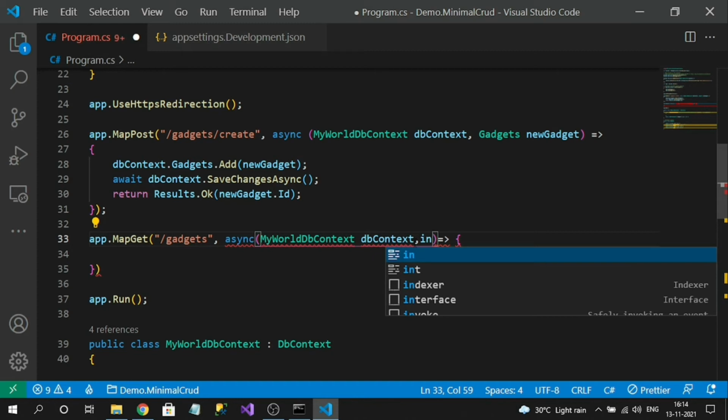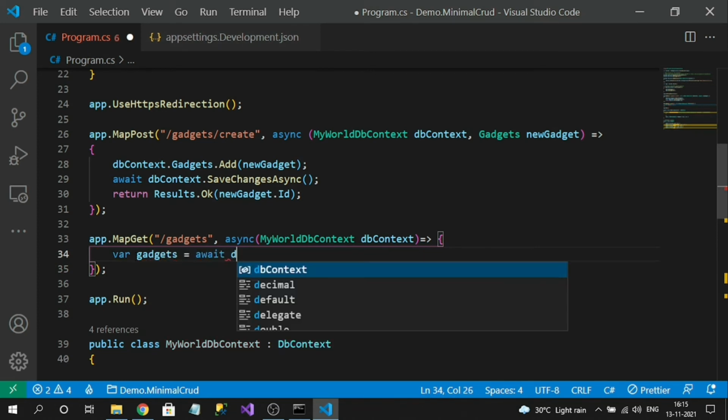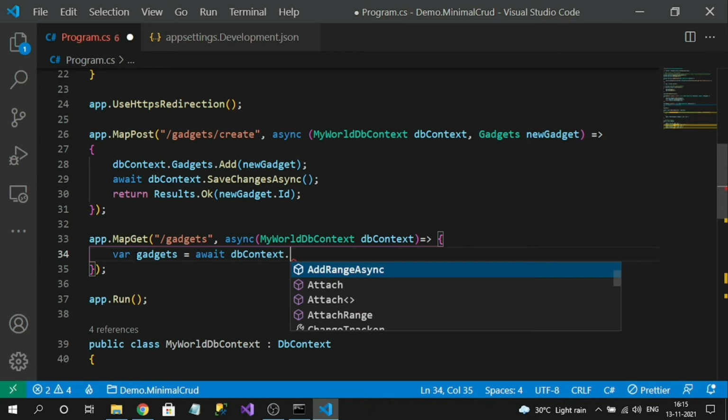Here I don't have any input parameters, and finally, var gadgets equals await context.